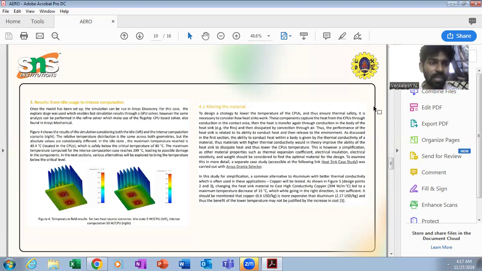However, the same analysis can be performed in the Refined solver, which makes use of the flagship CPU-based solver also found in ANSYS and the other mechanical parts. In this study, a common alternative to aluminum with better thermal conductivity, which is often used in these applications, copper, will be tested as figure number 5 and the design points. It should be mentioned that copper is more expensive than aluminum and the benefit of the lower temperature may not be justified by the increased